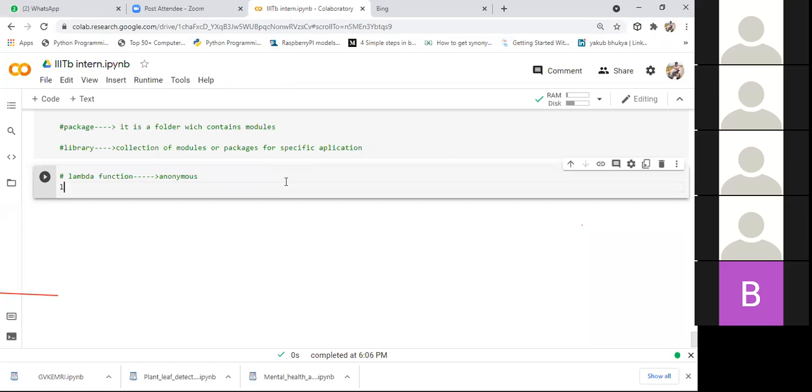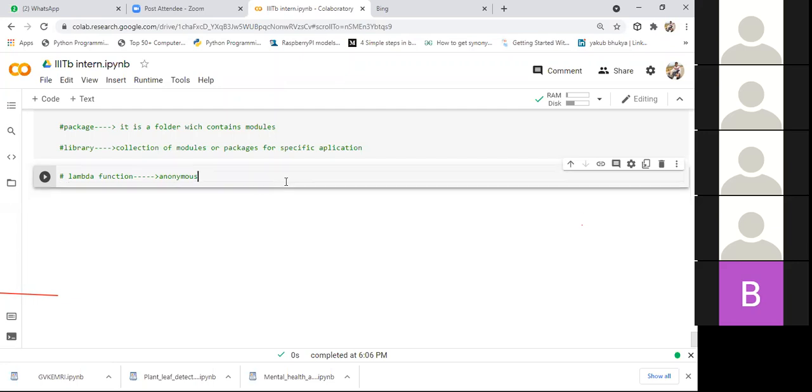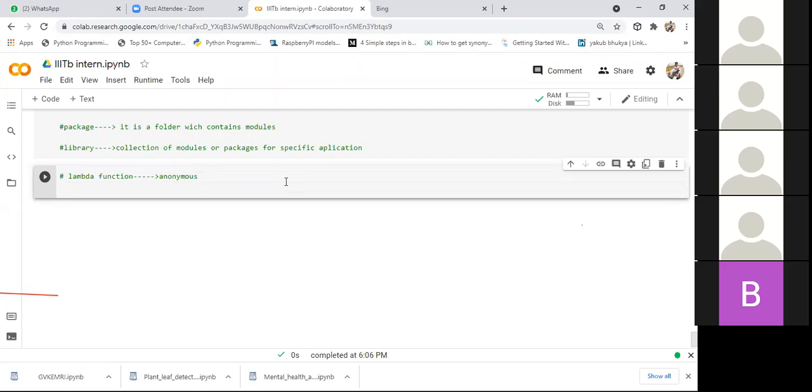To make you understand this, initially I'll write the syntax of the lambda function. Whenever you want to define a lambda function, we need to use the word lambda. After lambda, we need to specify parameters first.